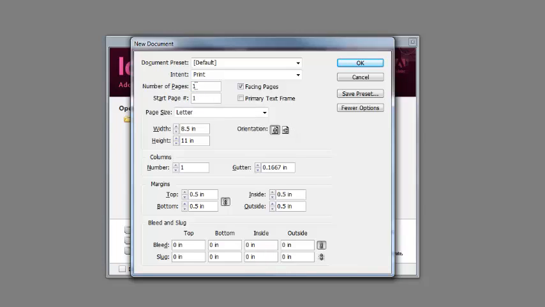We're going to make a 2-page spread, so the number of pages is 2. I'll come back to this; I'm going to leave it this way at the moment. The start page is starting at 1. We're going to change that a little bit, but not right at this moment. Then we have how many columns we want, and I'm going to start off with 5. The gutter is the spacing between columns, so we're going to leave that there. The margins, we're going to leave at a 1/2 inch because that's just a good standard, and we've got bleeds and slugs, so we won't go into that as well. We've talked a little bit about bleeds, I think, before. So I'm going to hit OK,